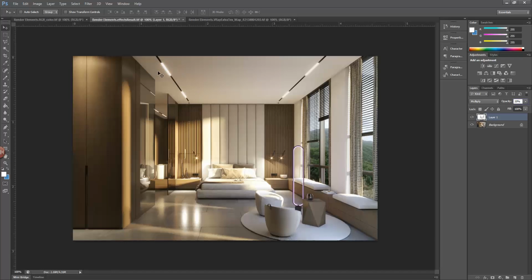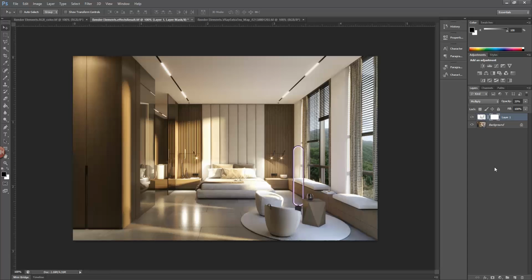I don't like how it shows up here, where my lights are. In cases like this, where I want to eliminate the effect from specific parts of the render, I add a mask. To do so, select the layer and click on the Add Vector Mask button. You see this white mask added here. When this is all white, everything shows as in the layer, nothing changes.